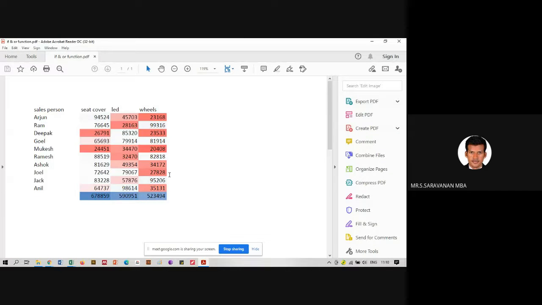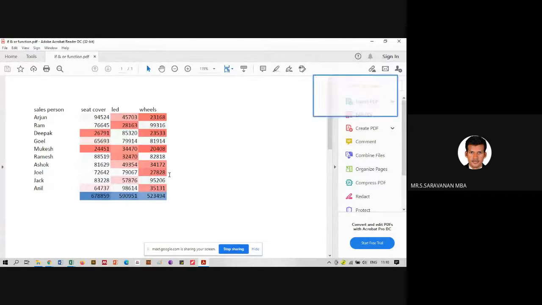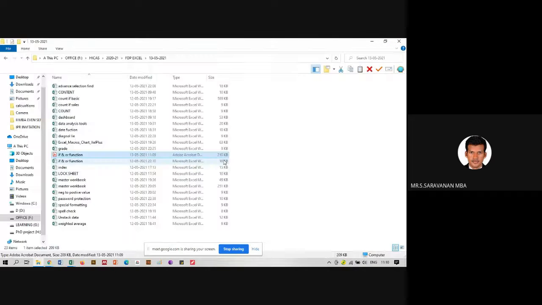See, only that information alone gets saved, not the entire worksheet or the entire workbook. Only the selection alone will save. So this is a useful way to save a file into PDF format. This will be very useful because we create a lot of files that have to be saved into PDF, then only we will be sharing that information. Only the selection alone can be saved through this method.